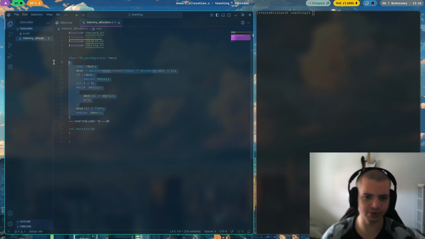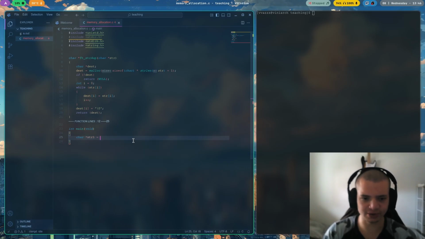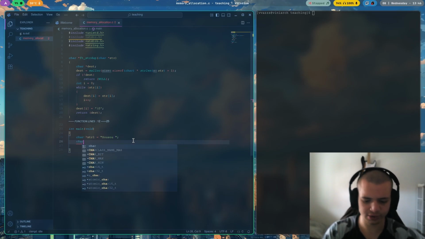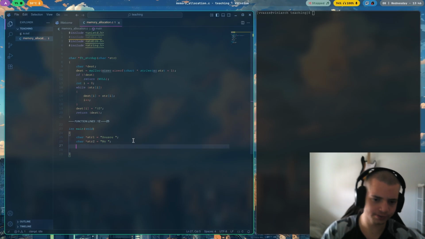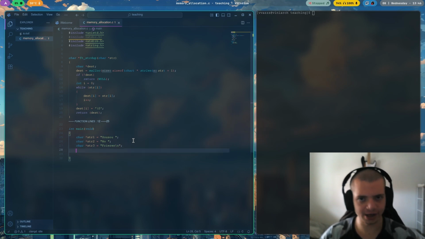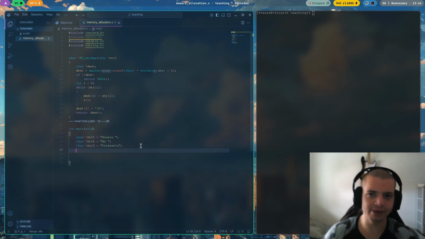So we'll have 3 strings: char str1 equals "sozo ", char str2 equals "no ", char str3 equals "freedom\n". Okay, so here we have 3 strings, sozo no freedom, str1, 2, and 3, and we want all of them